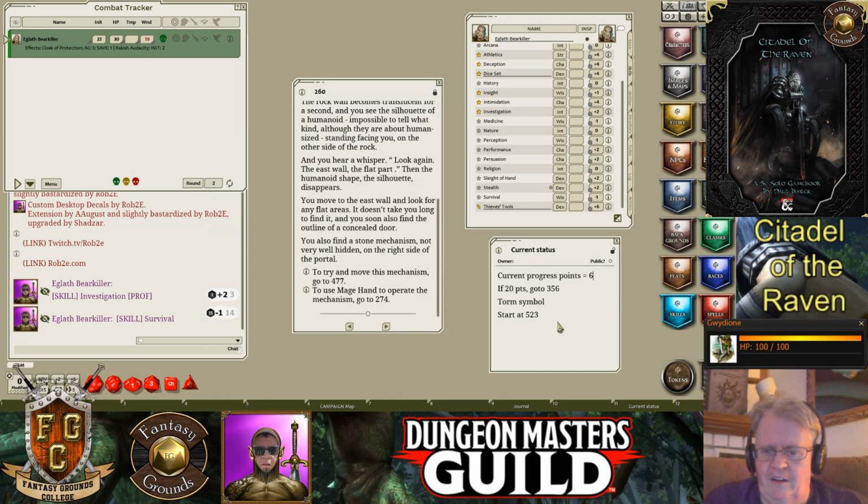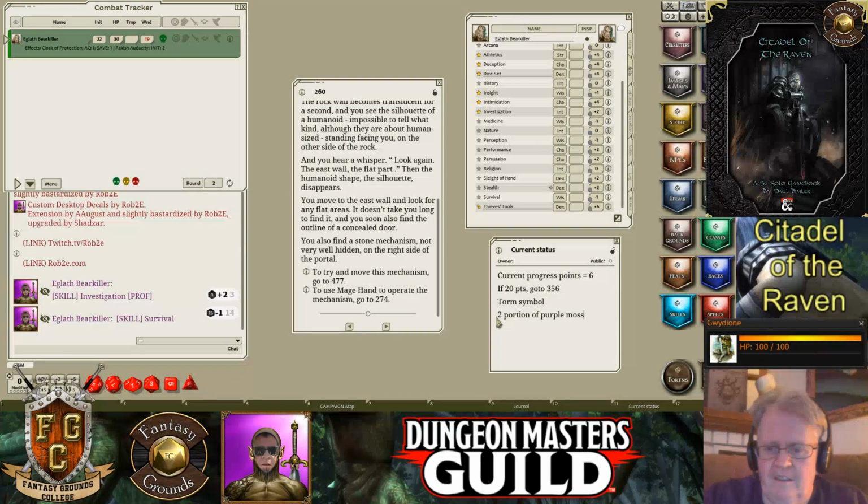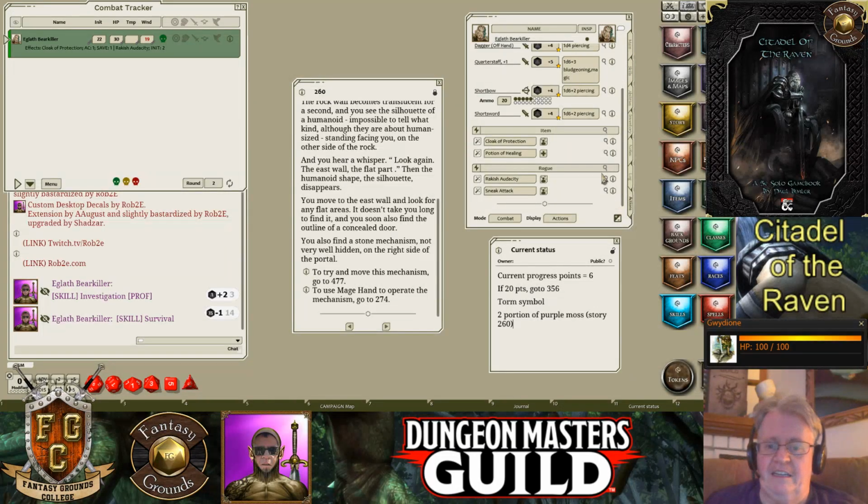Okay, I need to write down that I have 2 portions of purple moss. Story 260, in case I need to refer to that. It seems maybe there should be a parcel for that, but I don't know. To try to move this mechanism, to use Mage Hand to operate the mechanism. Well, so I don't have Mage Hand. I'm not any kind of...